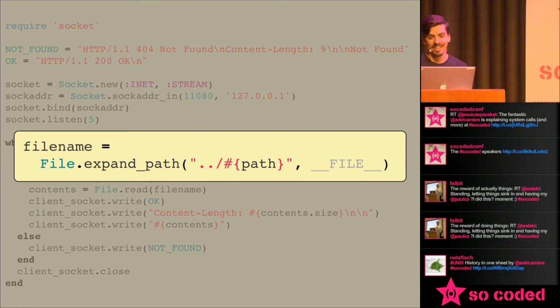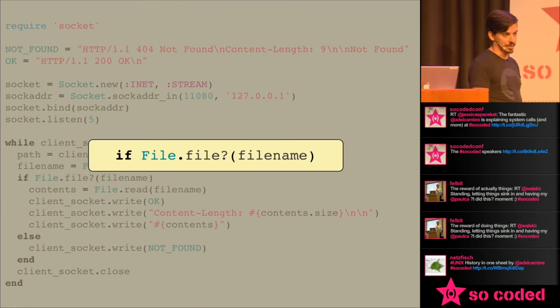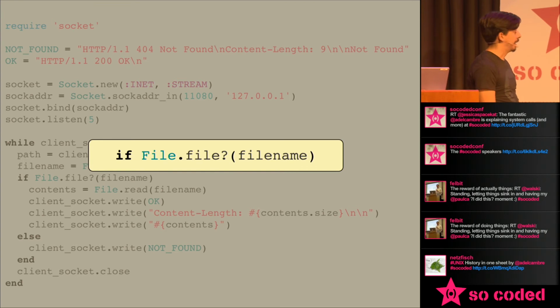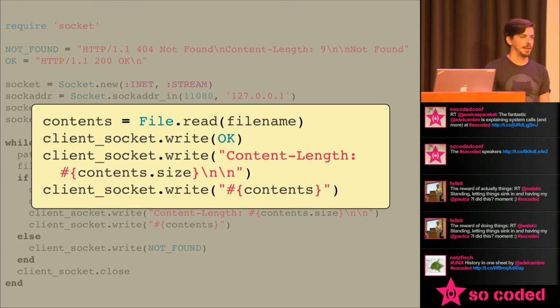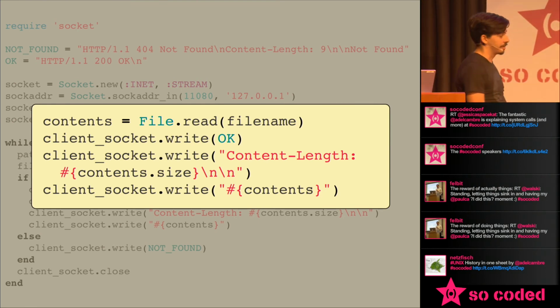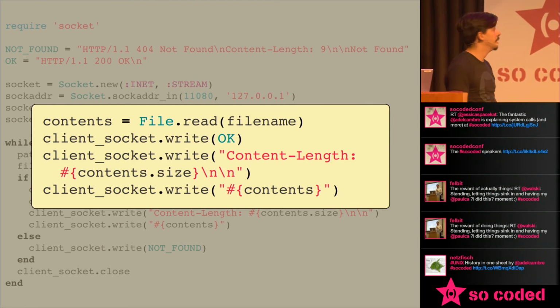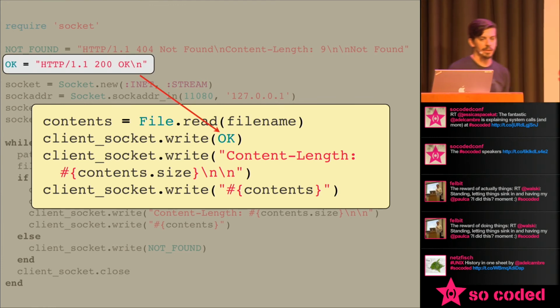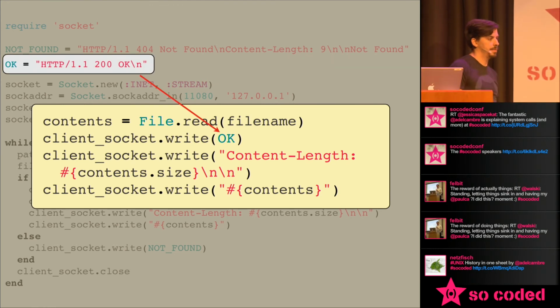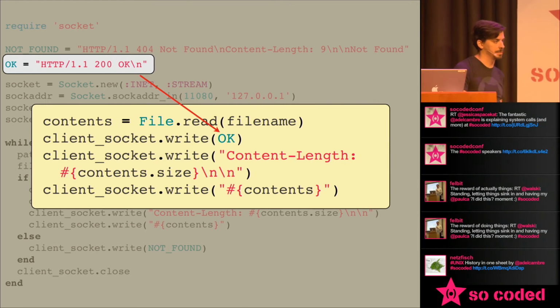This is a static web server. We look to see if the file actually exists, the one that was passed in, and make sure it's actually a file, not a directory or something like that. If it is in fact there and is a file, we return the contents. So we look the file contents up off the file system, write out the OK, which is defined in that constant. We send out the content length and the file contents after 2 new lines.